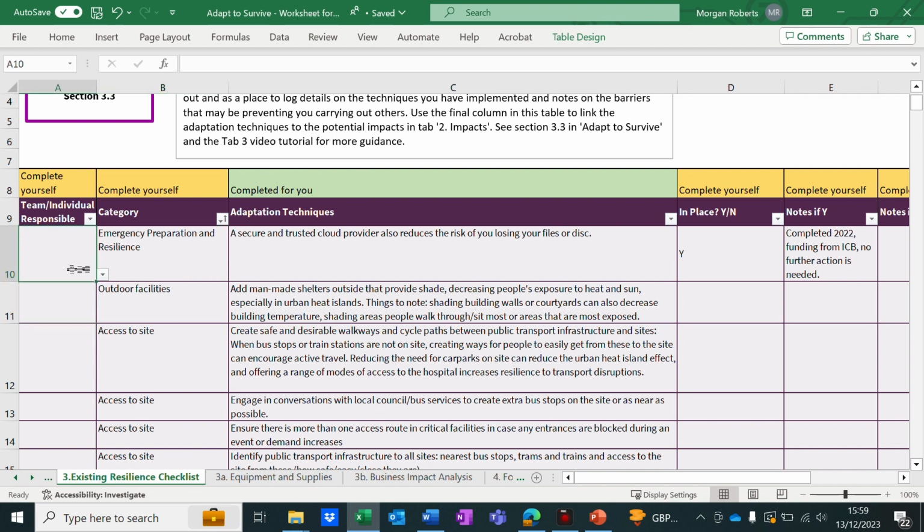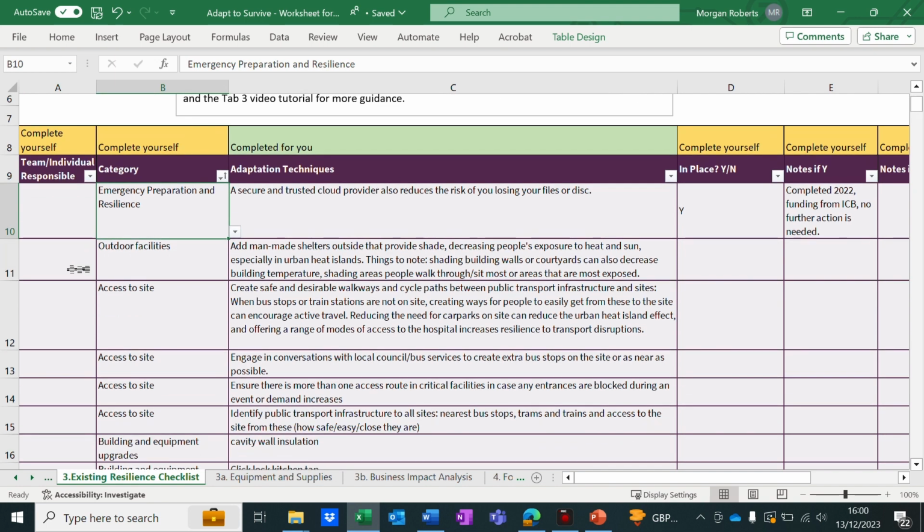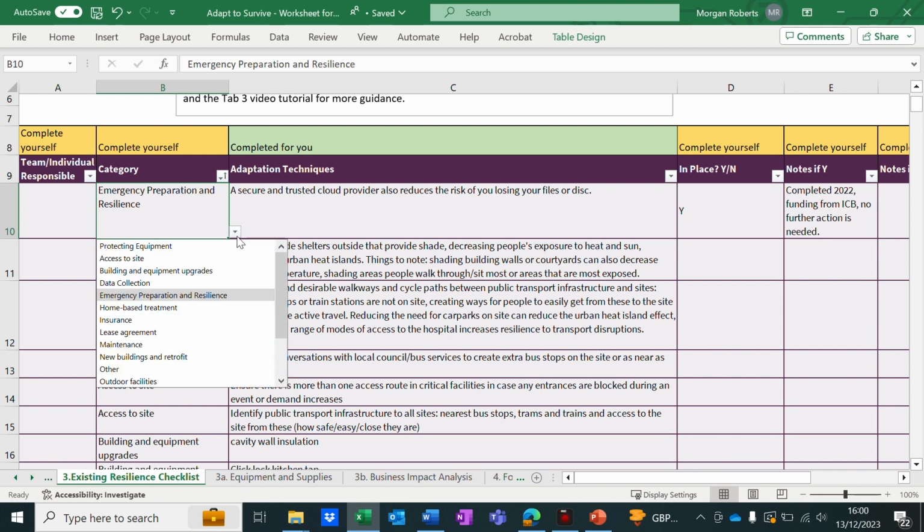as well. The categories in column B are one method of grouping techniques together, which will help you again with planning in later tabs. Feel free to change these categories so they're most helpful to you, or add categories, and make sure that you add categories to any extra adaptation techniques you write at the bottom of this table. The categories given here as options in the drop-down include building and equipment upgrades, data collection, outdoor facilities, planning, policies